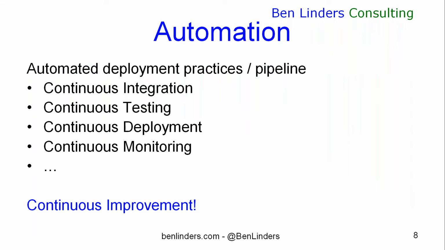Okay, let's go on then to the next step on DevOps. If you look at the columns, which is automation, I can assume that automation can bring a lot of challenges. If you look at all the stuff that you want to do in there, like having continuous integration working, making sure you got automated testing and turning that into continuous testing, making sure that you can deploy as fast as possible, roll back if needed, monitoring how the system is being used. And I think the key thing to make these kinds of practices work would be to also have some kind of continuous improvement on top of all these layers.